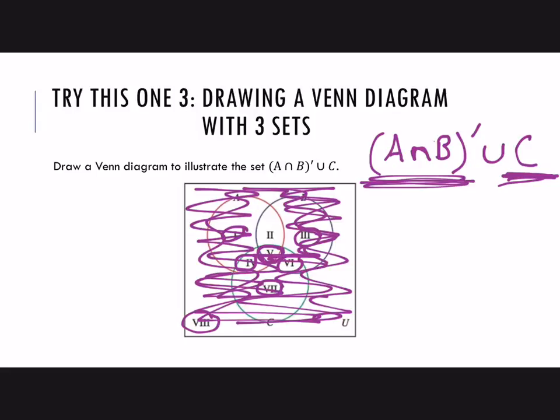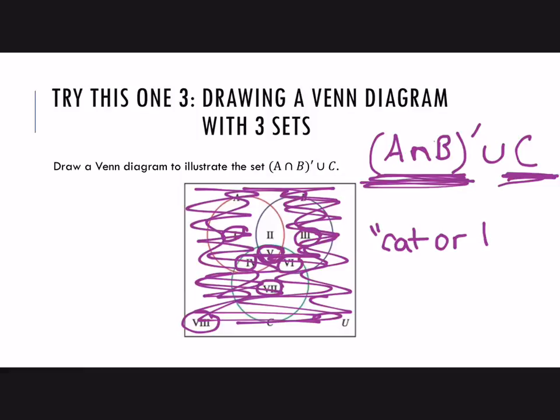Okay. Now I usually get at least one question. Somebody usually asks, why is region 5 included? Because that's not part of A intersected with B complement. So remember, for a union, it doesn't have to be in both. It just has to be in one or the other, or it could be in both as well. That is an option. All right, so an example in words would be, let's say that you have